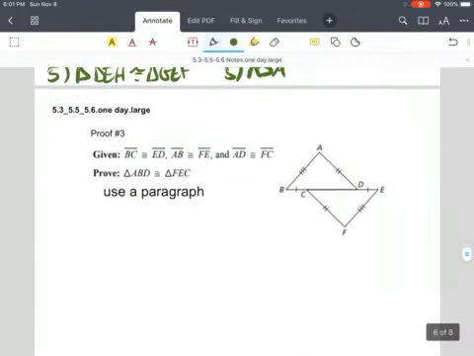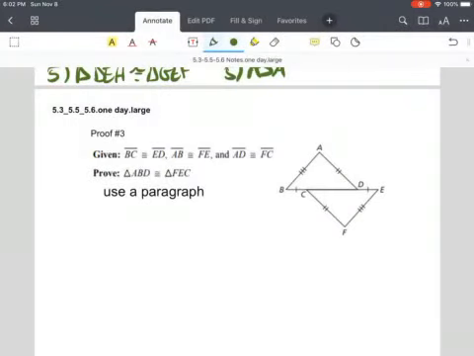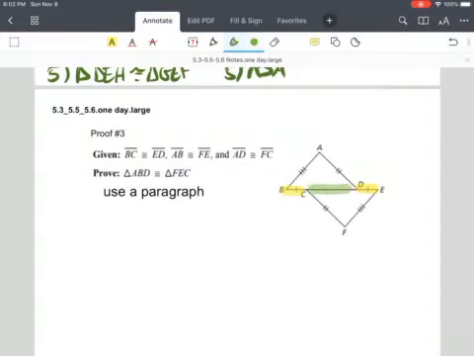We can do the same concept with paragraph proofs. So looking at this diagram, I'm pretty close to having what I need here, except for the fact that BC and DE are not sides of my triangle. They're close, they're partial sides, but if I include this CD part to each side. So